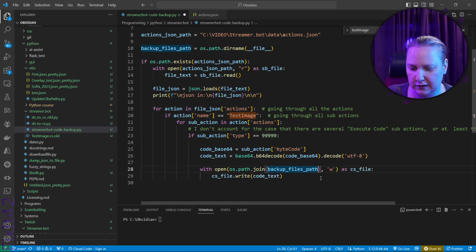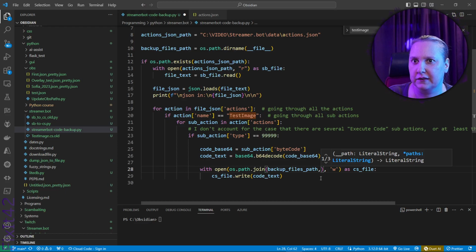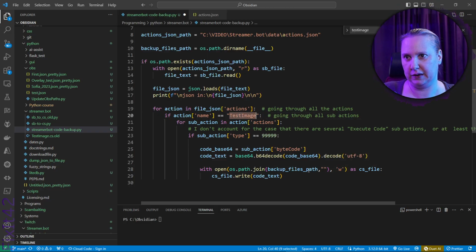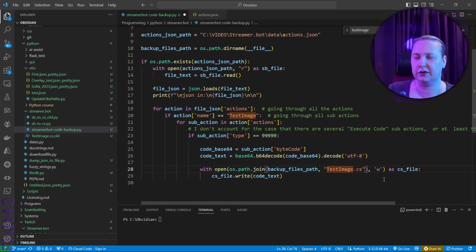Now it's correct with a comma, and this is what is supposed to add to the path. And what we wanted to add is a file name, so let's call it testimage.cs. It did this earlier before, but now we're going to replace this with the name of the action, and if there are several of these,